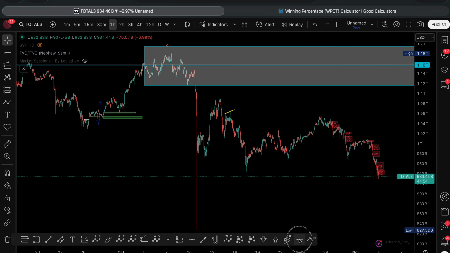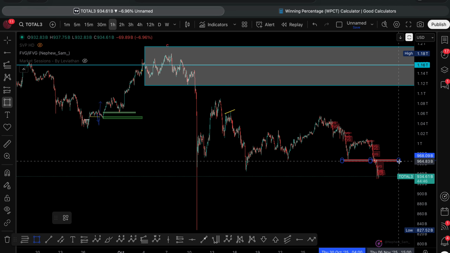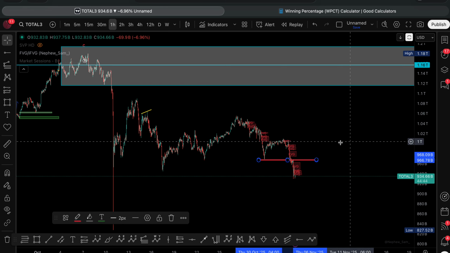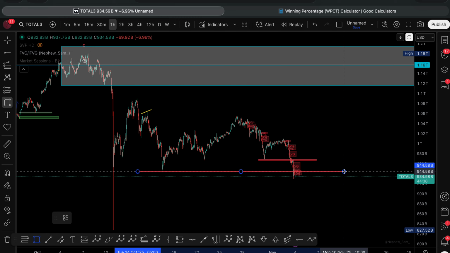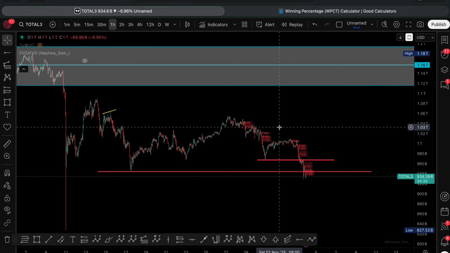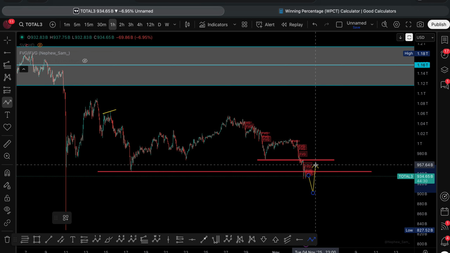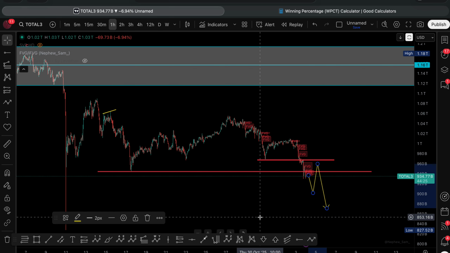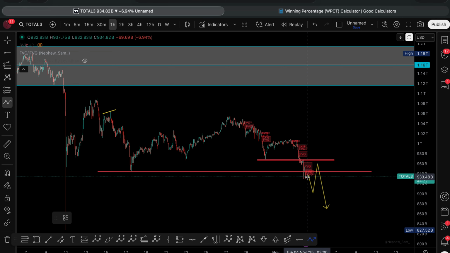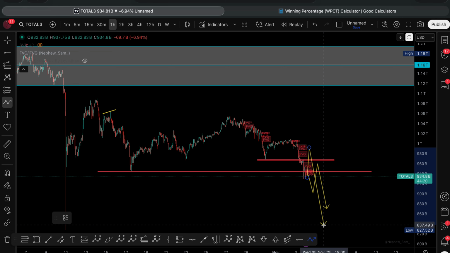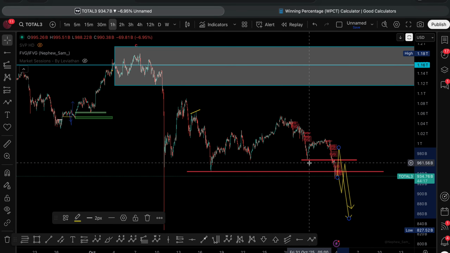Yeah, so on 1 hour we have closed below here. Actually, let me use this one. So we have closed below here. We've broken that, and we have broken this, right? So what I would be expecting is price might continue going down, of course, but it might reverse to use this as resistance and continue down, or it might bounce from here, use that as resistance and continue down. So for the meantime, everything is pointing to the downside.